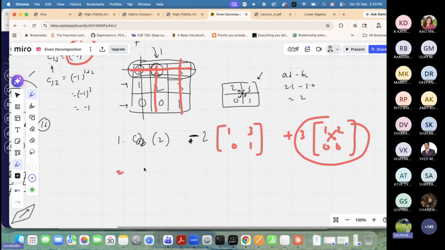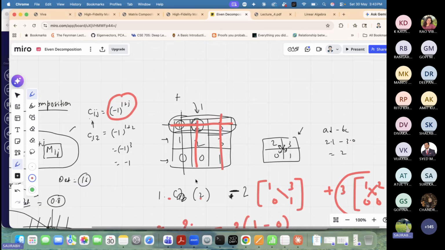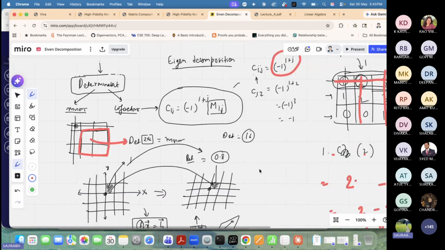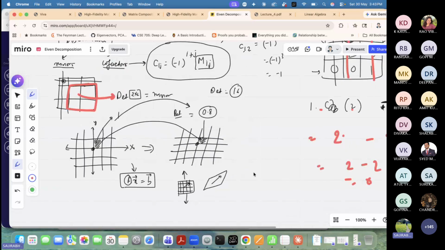The determinant in this case would be 2. 1 into 2 is 2, minus 2 into 1 is what? 1 minus 0. So basically, the determinant is 2 minus 2, which is 0. Now, eventually, you already know that the determinant would be 0, because if you see here,